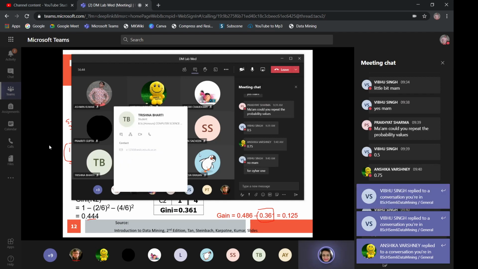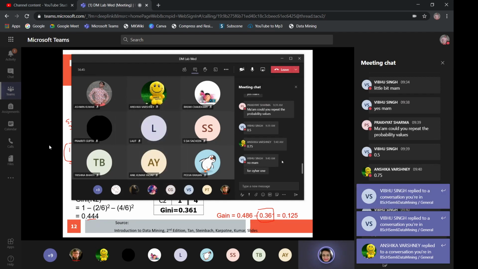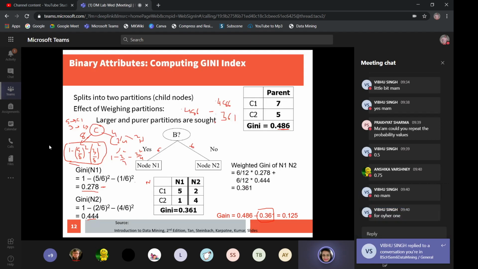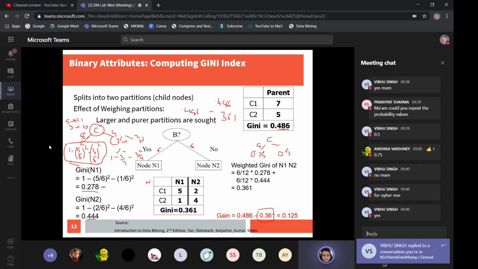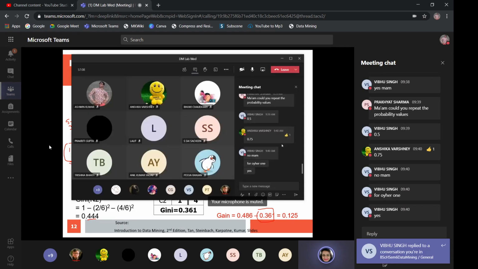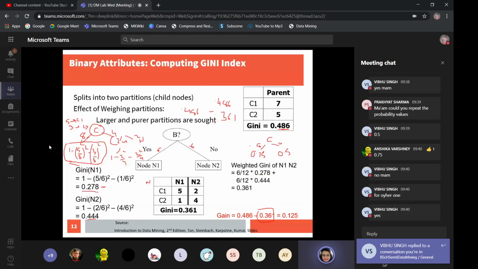Should I write? Okay. Anshika, I am assuming that you are right. So 0.75, and this side is 0.5. I think that's what Prakhyat told me. Okay. So now